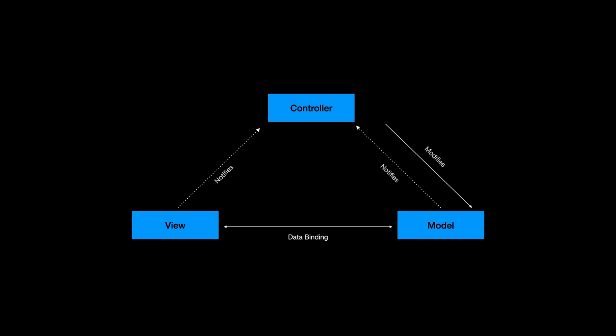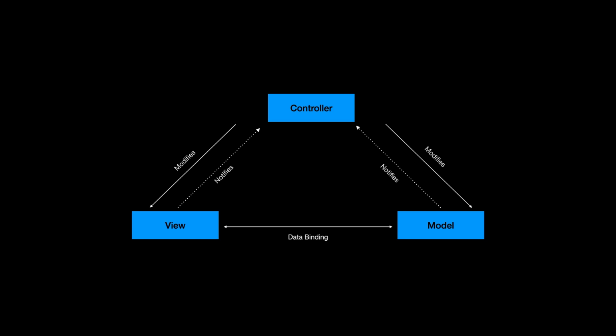The view, which is our home view.xml, is composed of controls and aggregations. It is responsible for defining and rendering the UI. The view notifies the controller of any event or interaction from the user. The controller is responsible for controlling the flow of the application execution, and it can notify the model to get or set the data. The model can update the view through data binding, or it can notify the controller as well of any data changes. The controller can also modify the view depending on the business logic, and this completes the MVC design pattern for